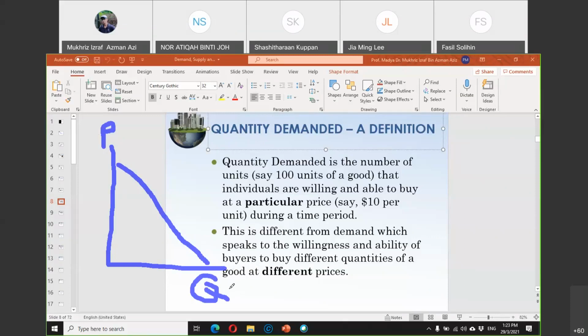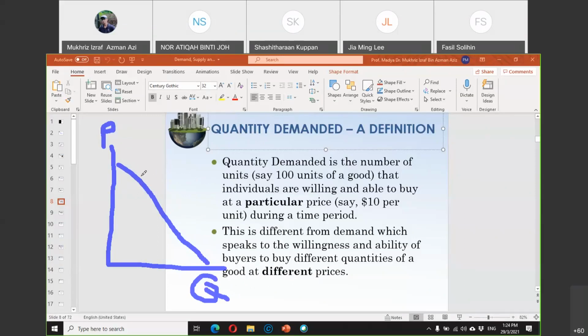So whenever you are referring to quantity, usually it will refer to the x-axis. Anything to do with monetary value, in dollar sign, in ringgit Malaysia sign, we put it on the y-axis. So for the demand and supply curve, the price and quantity, when we draw a simple linear diagram like this,